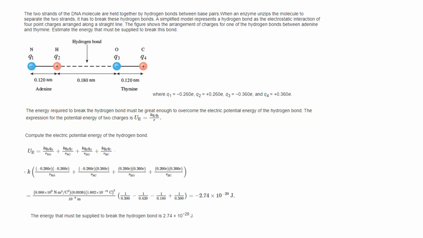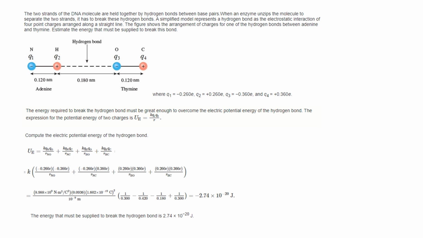Hello, let's try this question from the electric potential energy. So it states that two strands of DNA molecule are held together by hydrogen bonds between the base pairs. When an enzyme unzips the molecule to separate the two strands, it has to break these hydrogen bonds. A simplified model represents a hydrogen bond as the electrostatic